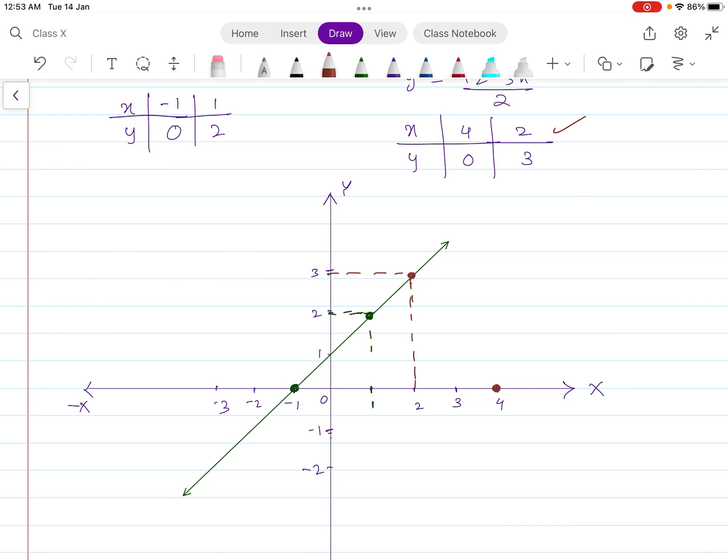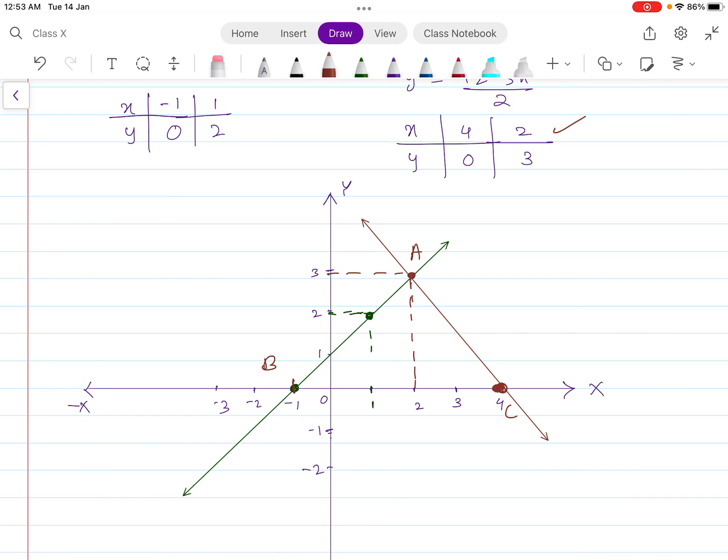Okay, so join these two points. Fine, so therefore there has been a formation of a triangle. If you identify the points here, say A, B and C, we have to find the area